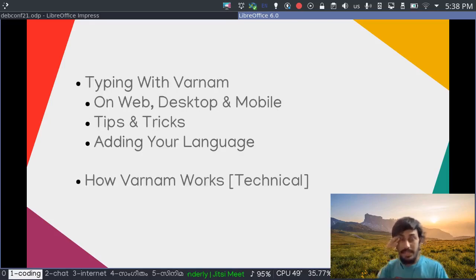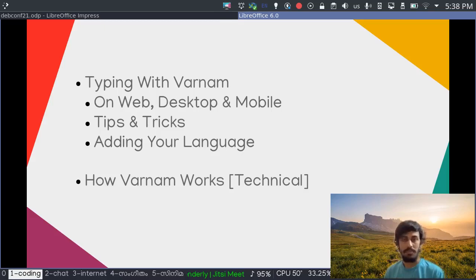In this presentation, I'm going to talk to you about two things mainly. One is how to type with Varnam, and the next one will be a technical part: how Varnam works in a technical way. The first step will be a brief introduction to how to use Varnam for your typing needs.